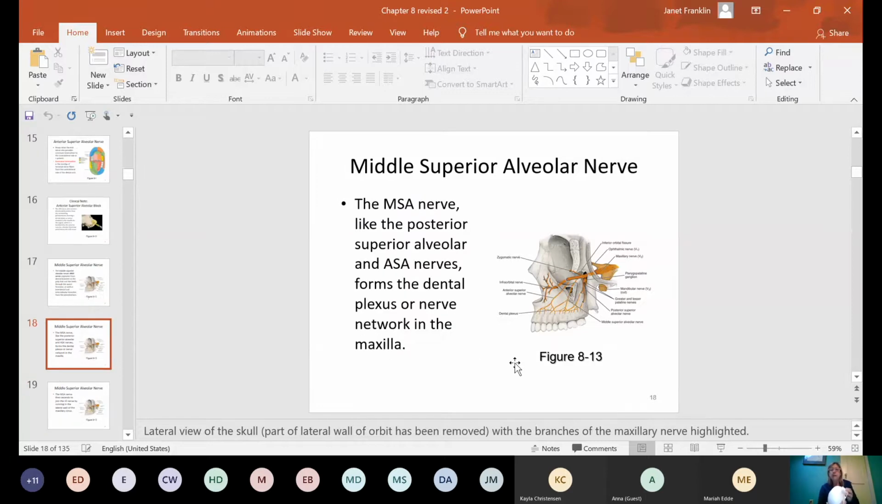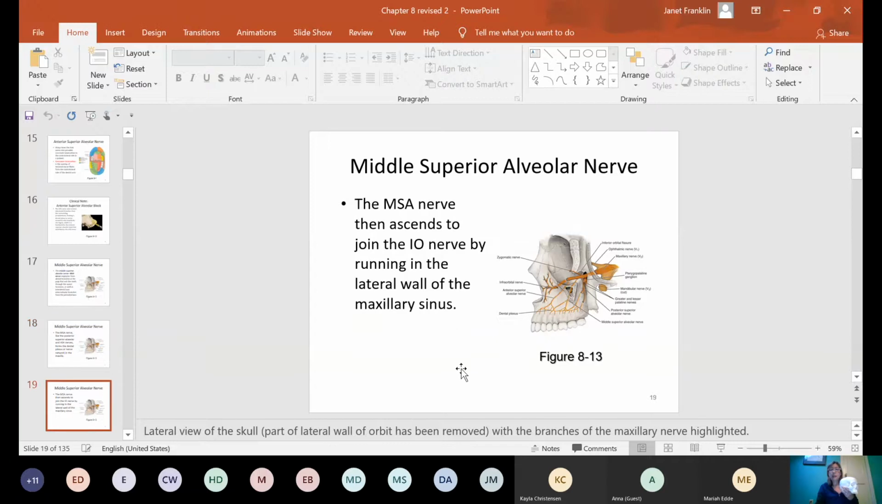The middle superior, just like the ASA, is going to innervate the pulp of the teeth as well as the buccal periodontium. So in other words, the gum tissue, the vestibule in that area, the lip area, but not on the lingual. That's going to be the palatal side. The MSA nerve then ascends to join the IO, so they join together and they run along the lateral side